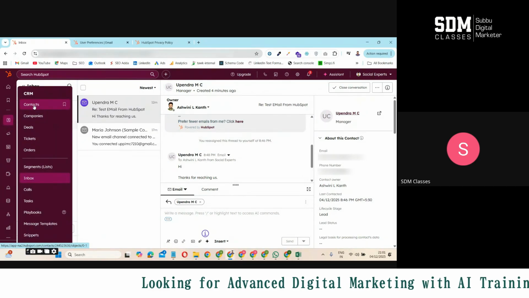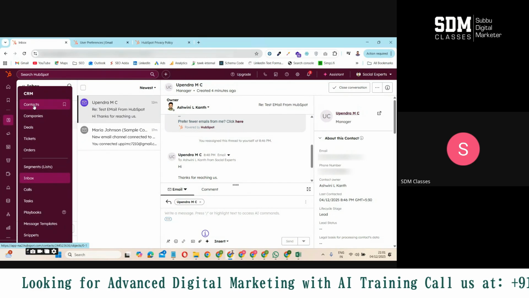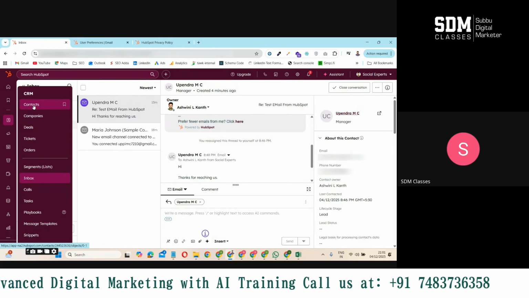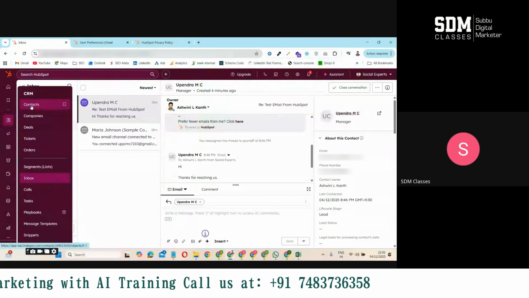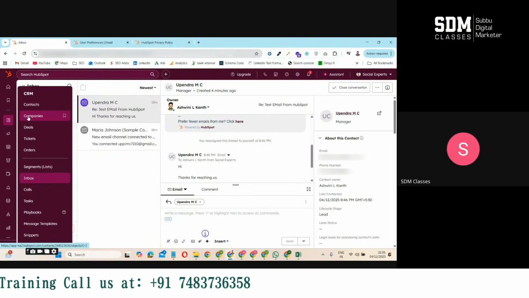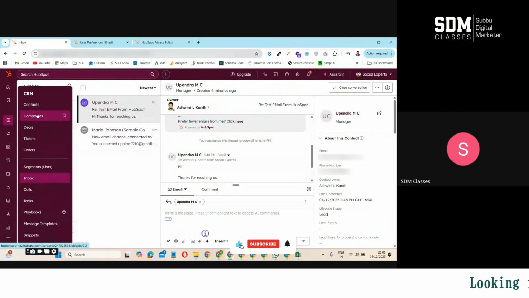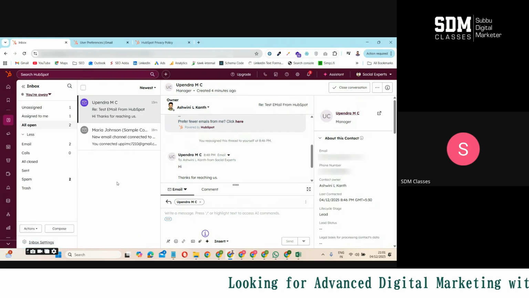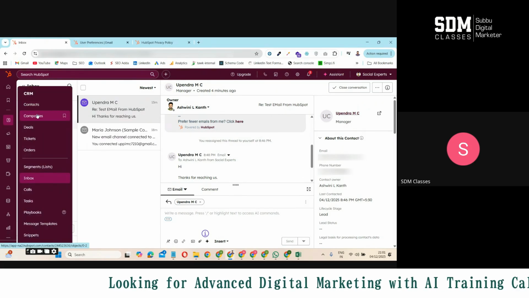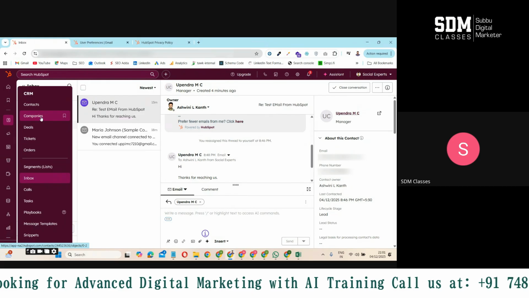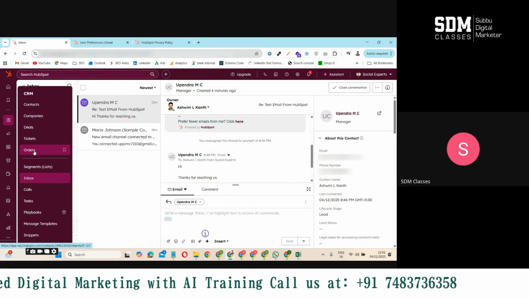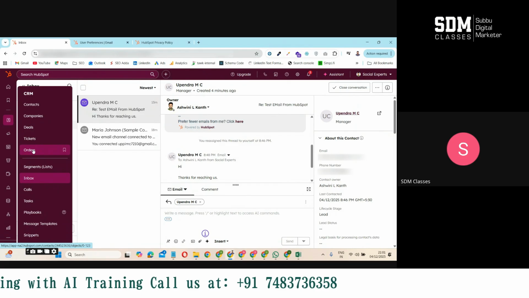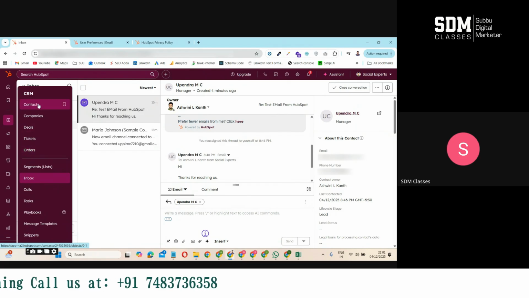After that, we bulk imported the contacts from an Excel sheet. So we understood how to import contacts and company data in bulk to HubSpot CRM. This is basically in terms of contacts and companies. Here we still have deals, tickets, and other stuff, but I don't want to go in depth. I'm just going to show one more option under contacts.